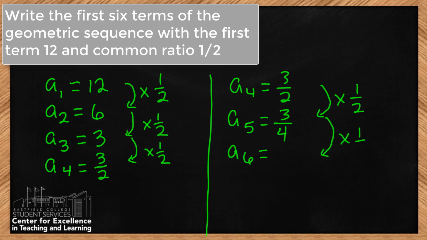And then finally, the 6th term. Well, how would you get to A6? Just multiply times 1/2. And so then again, we'd multiply fractions. The top would be 3 times 1, which is still 3, and the bottom would be 4 times 2. So that is the first 6 terms of the geometric sequence. The important thing to remember is in the geometric sequence, you're just multiplying to get from one term